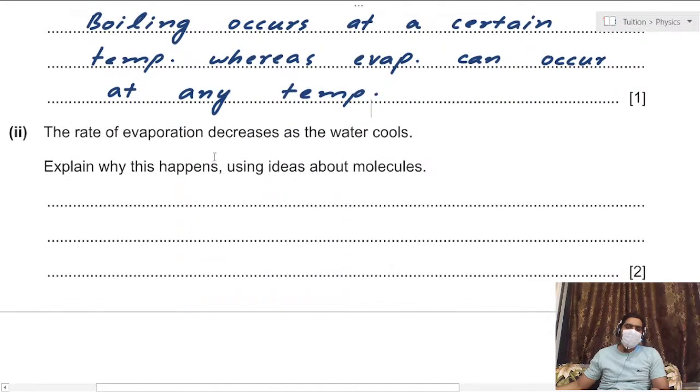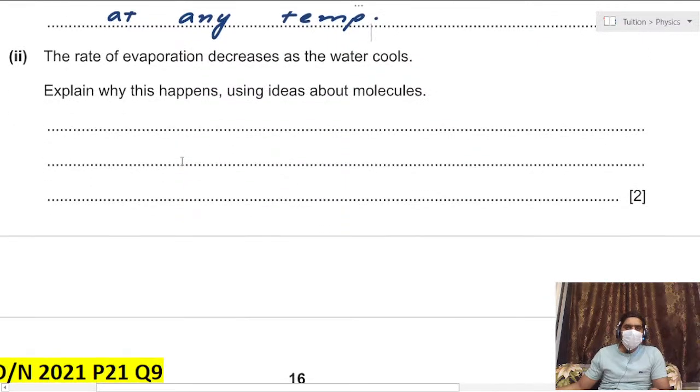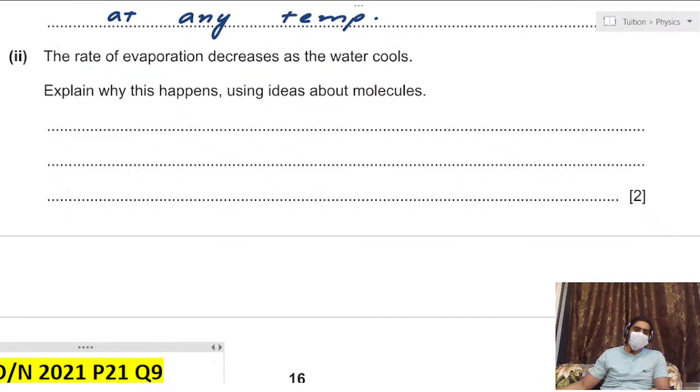All right. Anyway, the rate of evaporation decreases as the water cools. Explain why this happens using ideas about molecules. So the fact they have stated themselves, I don't know about it. It would be unfair if I make any comment. All right. Anyway,